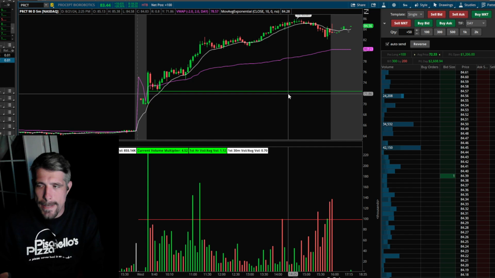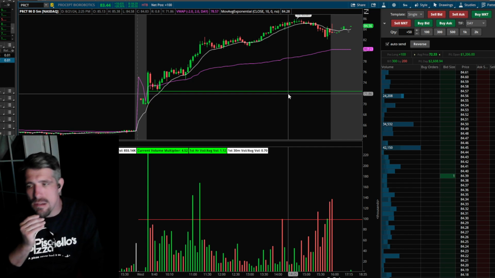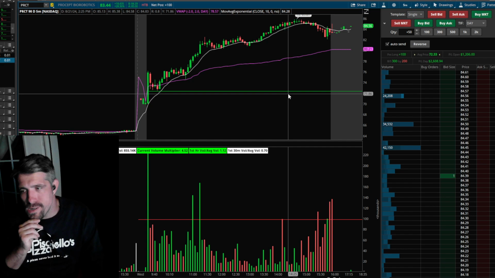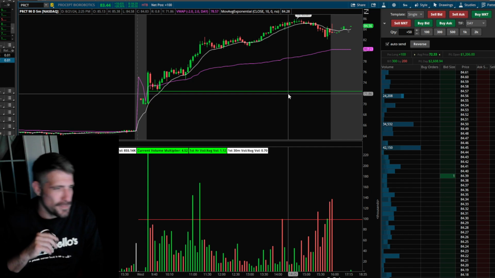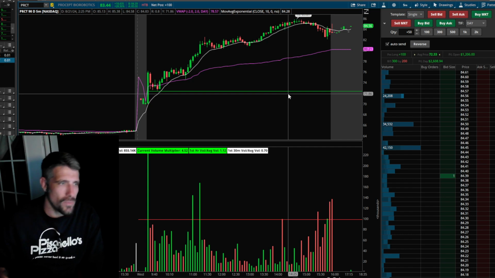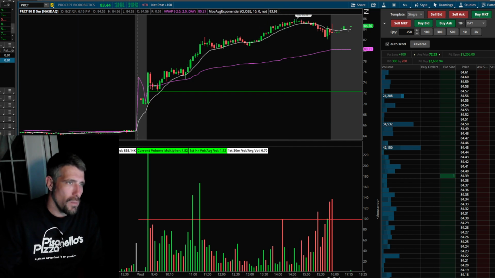Adding is also something that would have been good for this trade that Dave got in on PRCT, where it was a phenomenally good trade. But here's the trick. If you're going to get into a trade and attempt adding, you have to know as soon as you get into the trade where you're adding. In hindsight, everything Dave is showing us right now looks great. Yeah, he should have added here or there. But he didn't know that at the time because the trade hadn't played out yet.